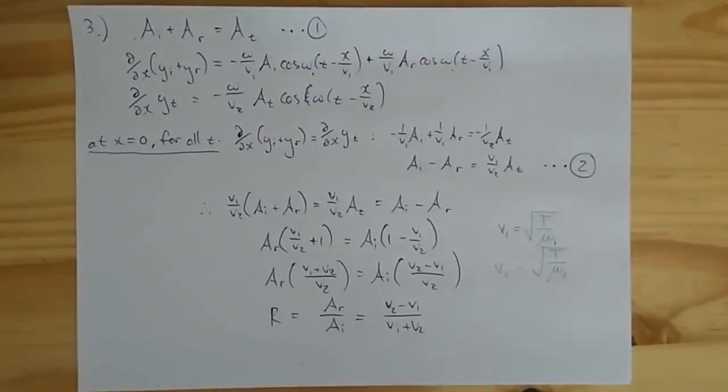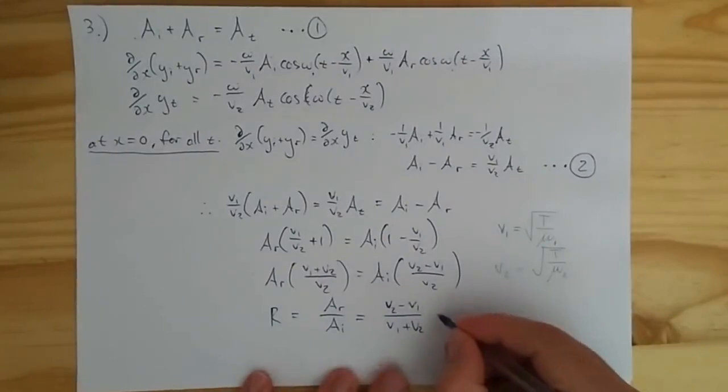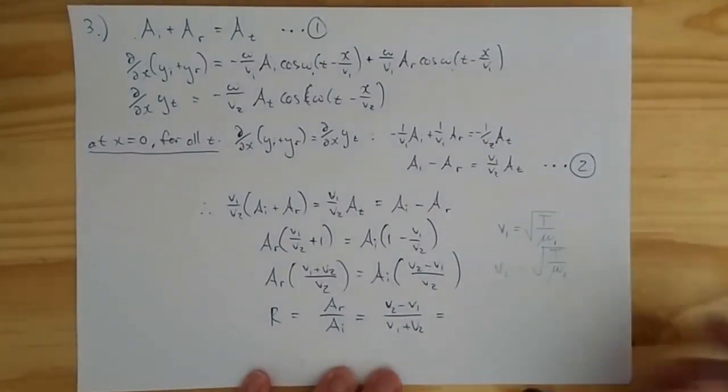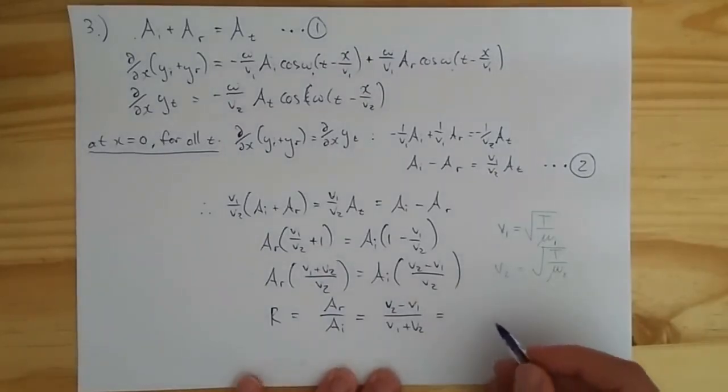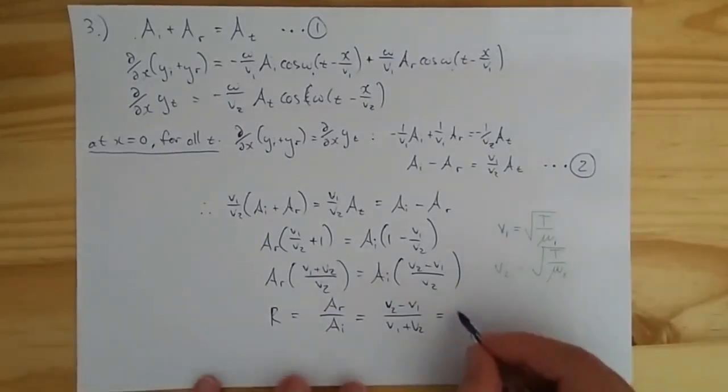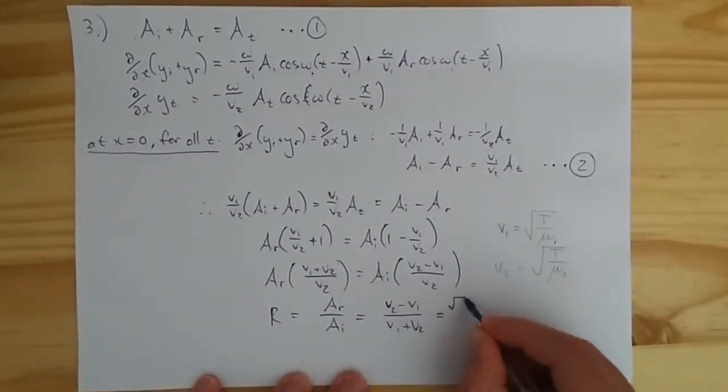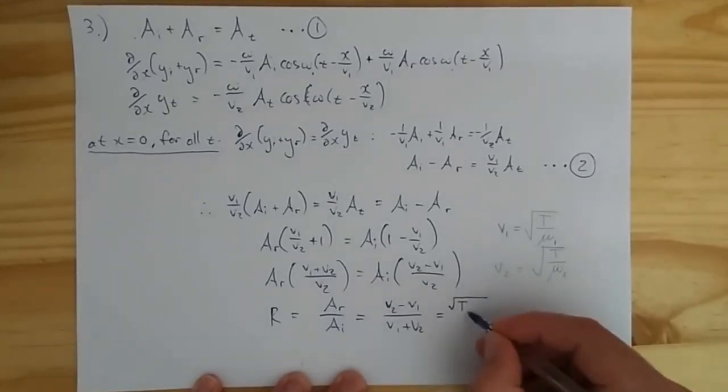So this I can simplify then, or not simplify, just write in a different way. So v2 is therefore equal to, okay, I'm running out of space here. So this is going to be the square root of T divided by mu2